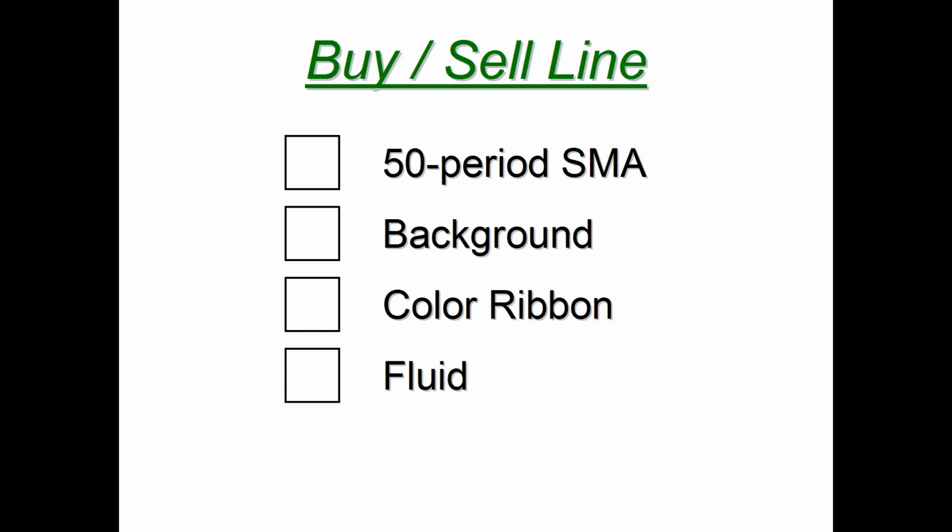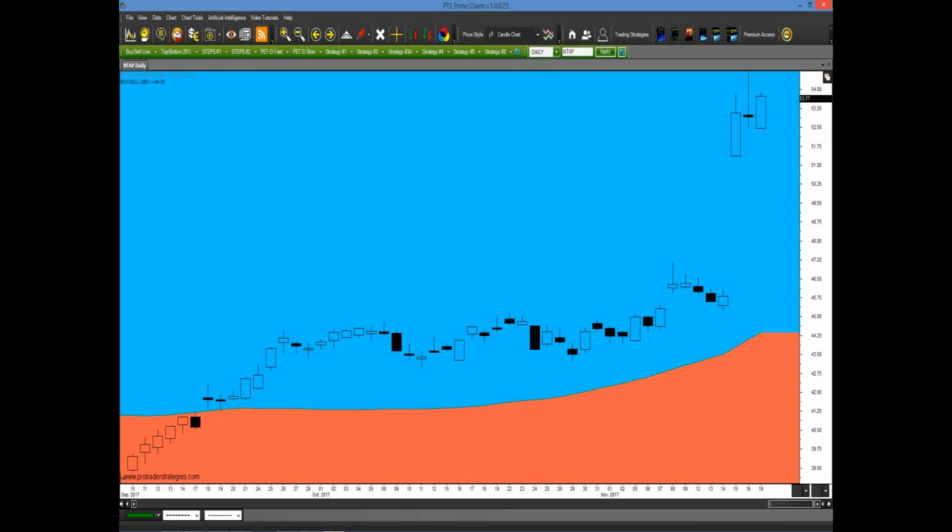But let me show you a great new feature we have for determining how to apply the buy sell line. So once you click on that tab, this drop-down menu will appear, and all you have to do is click on our new feature, which is called the fluid feature. Once you do that, this is the way your screen will appear. Now you can always go back to the old style screen, but you just have to simply click this off. But this is what we want. The screen will either be colored background or be cut in half, and it'll be colored blue or red.